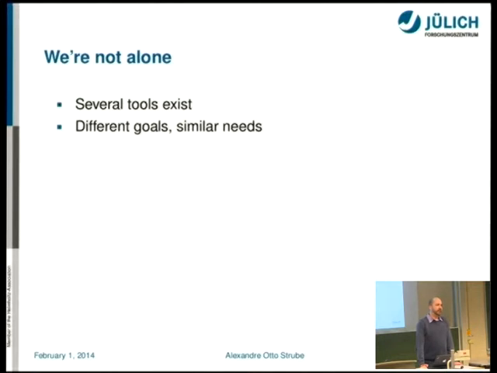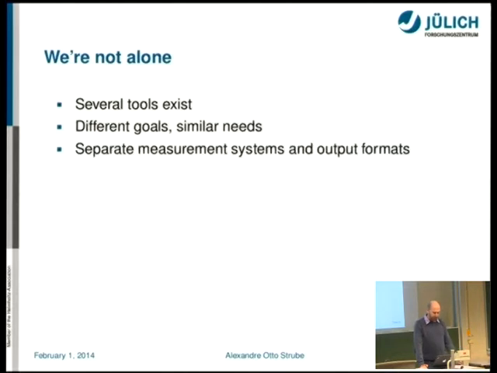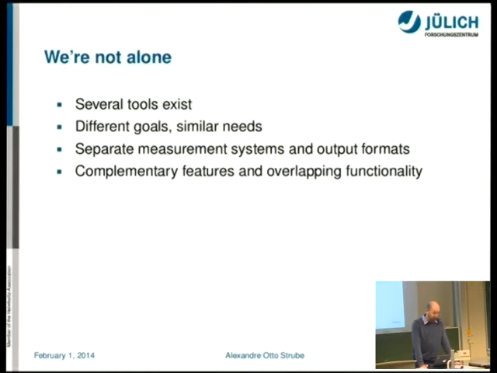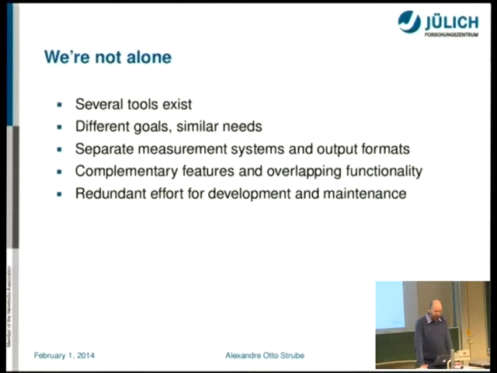The tools are different, but they have the same needs. Meaning, we need to measure, we need to instrument, we need to do a lot of things that are common. And this created a problem in our community, which was that we had a lot of people doing essentially the same thing. And this is duplicated effort. So, duplicated effort is something that we don't like.